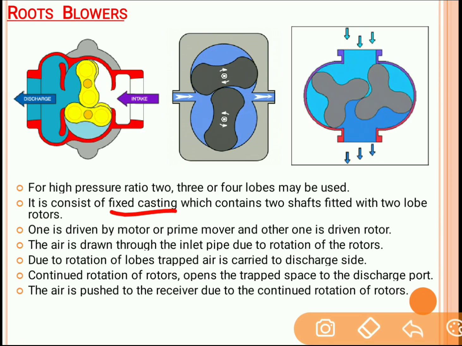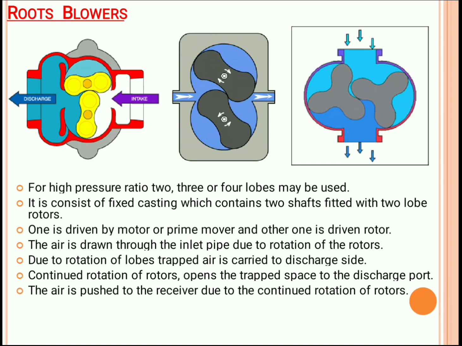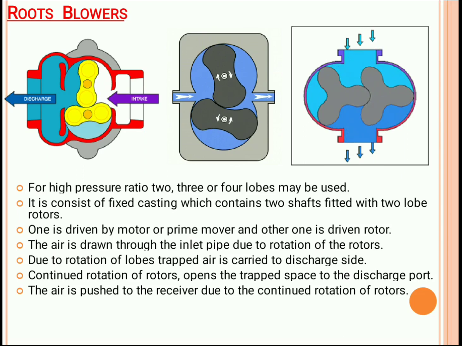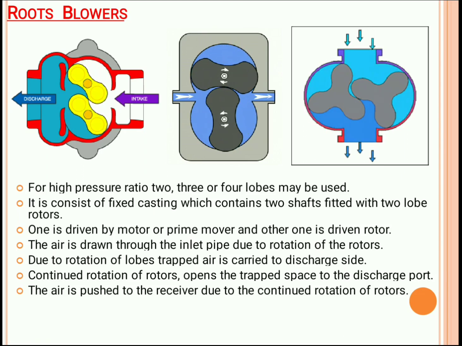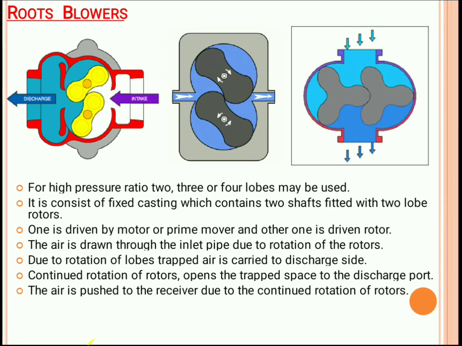It consists of fixed casing which contains two shafts fitted with the two lobes. Now one is driven by the motor or the prime mover and the other is driven by the driven rotor. The air through the inlet pipe moves through the